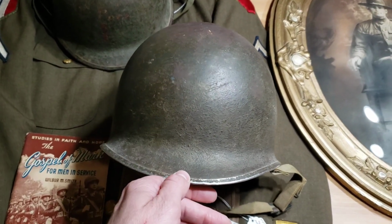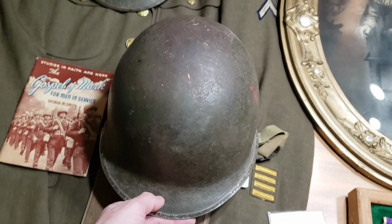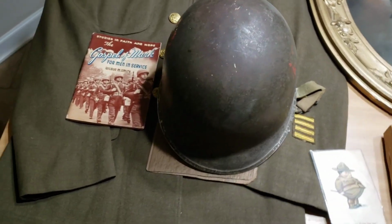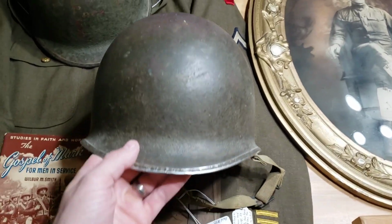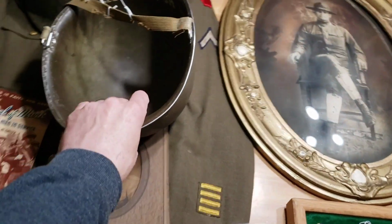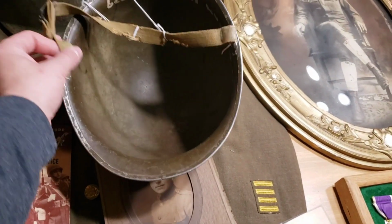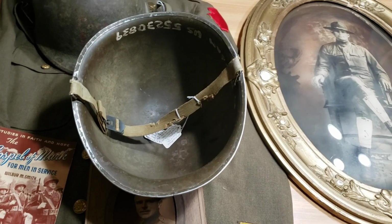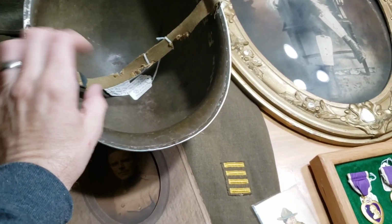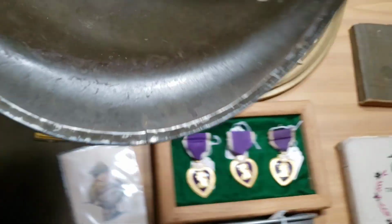and he said, hey, I'm in an antique store, and they got a World War II helmet here at the front desk, and you ought to come take a look at it. So I drove about maybe 20 minutes down south, got there, it was still there. This helmet was upside down on the desk of the antique store, and come to find out, the guy that owns the place had just got it, I believe that day or the day before, and it was just sitting on the desk. And I got it for 50 bucks,